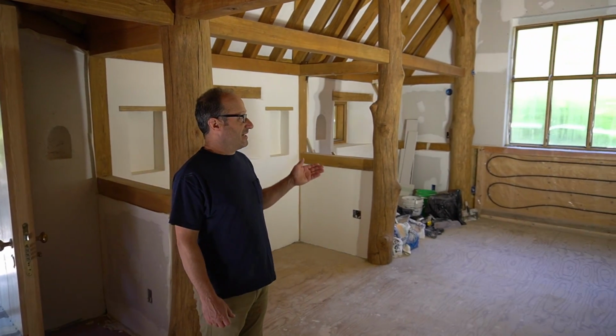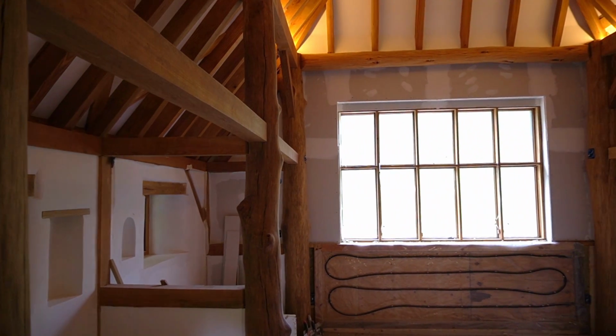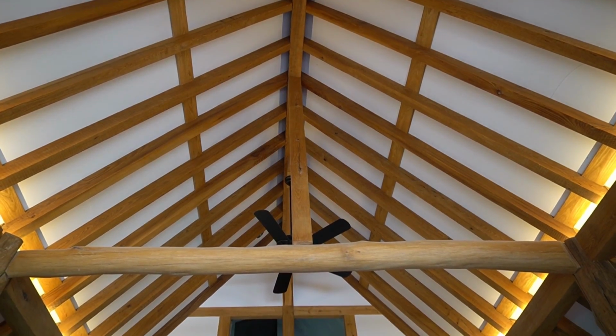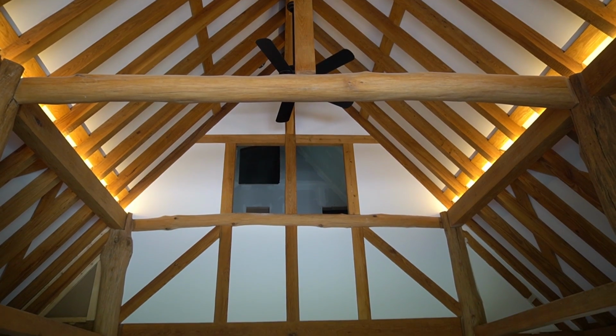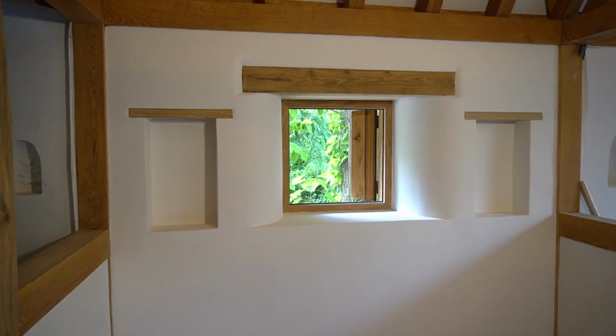The spatial layout of this house is very similar to the other house in that we have tree trunks framing a cathedral ceiling living room with niches along the sides, and we have a bedroom loft up as well. In this house, I'm focusing on refining the details of the framing and also making the sculpted cob details more